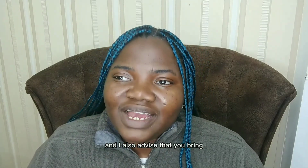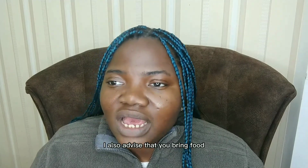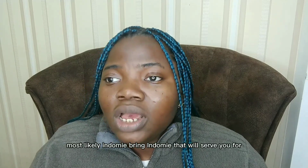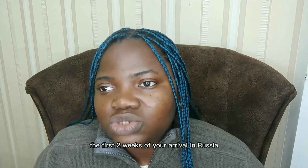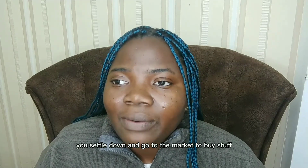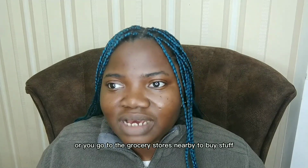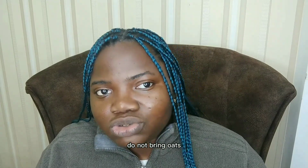And I'll also advise that you bring food that you can eat your first week of arrival, most likely Indomie. Bring Indomie that will serve you for the first 2 weeks of your arrival in Russia, pending the time you settle down and go to the market to buy stuff, or you go to the grocery stores nearby to buy stuff. Bring noodles, do not bring cornflakes, do not bring